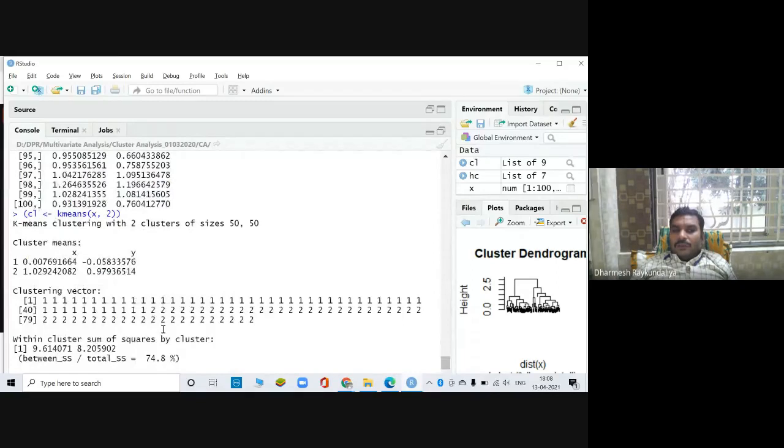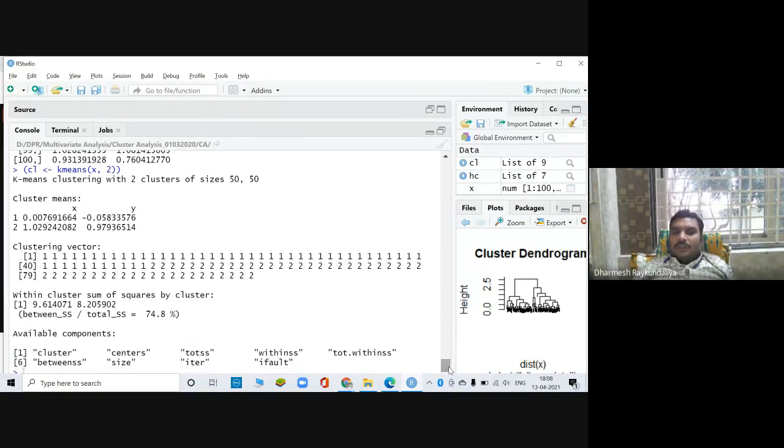Then, as I told you, you have to find out the within sum of variance. The within sum of variance for the first cluster is 9.6, and for the second it is this. And between by total is 74.8% of classification done by the clustering. So this is the clustering solution, and the accuracy is 74.8%. And these are their arguments. If I wish to find out the clusters, I can just give